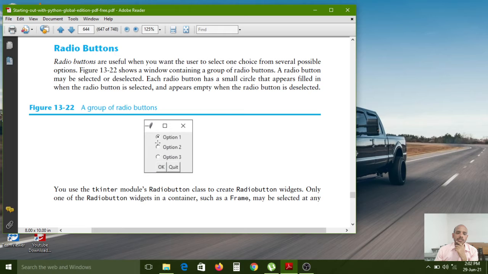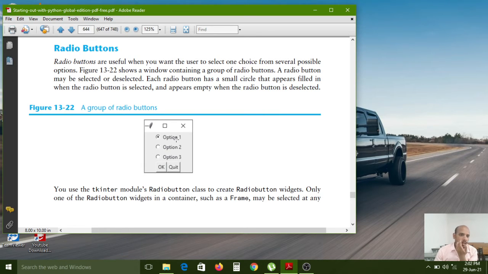In web applications, like male and female options you have now. So in that, if you select the male option, the female option will be disabled. If you select the female option, then the male option will be disabled. Nothing but in those two options you have to select only one option. So that is the functionality of the radio buttons.